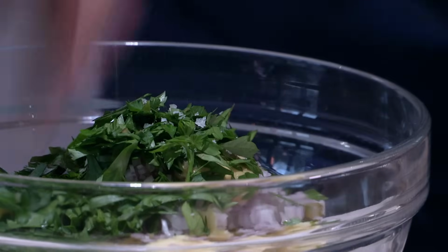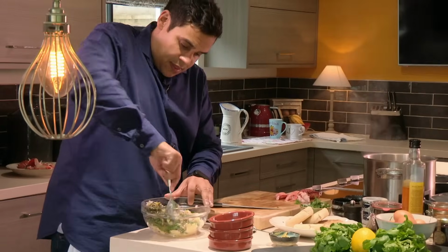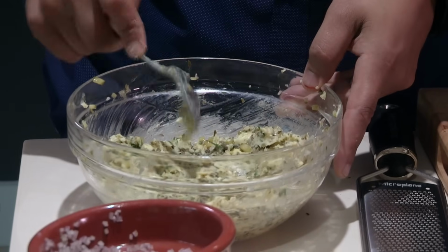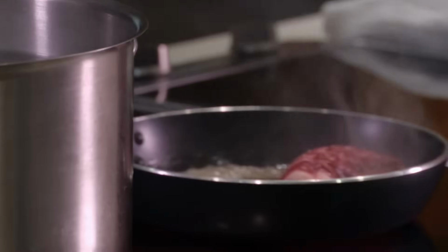seasoning, and now very gently, we're just going to mix all those ingredients together. Absolutely delicious. We've made our butter. Now we're going to roast our lobster. Butter in the pan, straight in, like that. We're just going to baste that lovely nut brown butter and just cook nice and slowly,